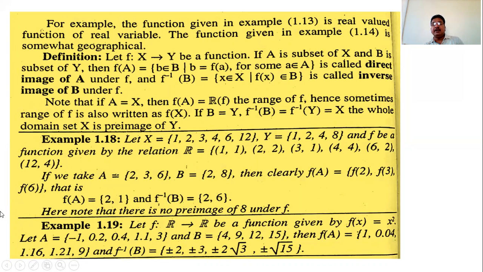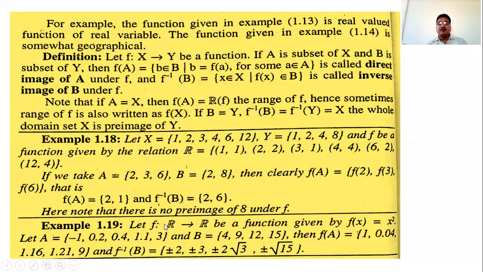And what is f inverse B? Suppose B is the set containing 2 elements, 2 and 4. Then what is f inverse B? That is the pre-images of 2. The pre-image of 2 is 2, and also the pre-image of 2 is 6. So 2 has 2 pre-images, write 2 and 6 both. Then the pre-image of 8. 8 is the image of what? 8 is not the image of any element from X, that is, 8 has no pre-image. So 2 and 6 are present in this f inverse B, but 8 has no pre-image. So this set f inverse B is called the inverse image.